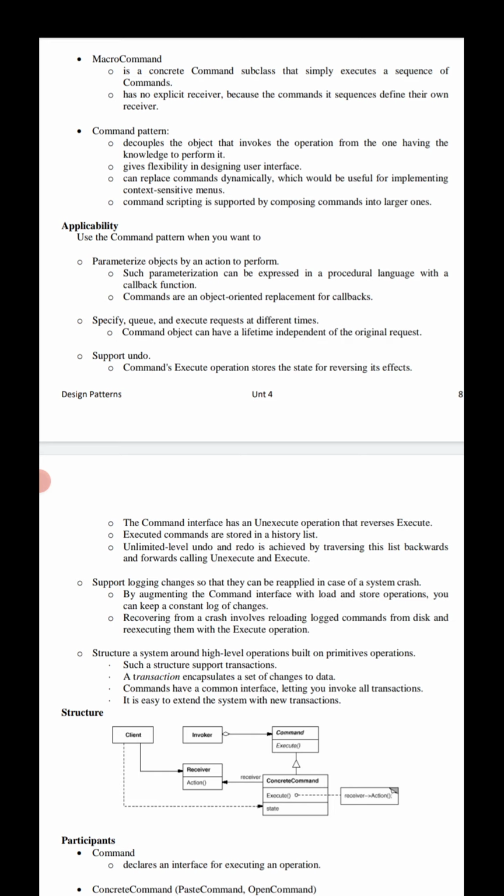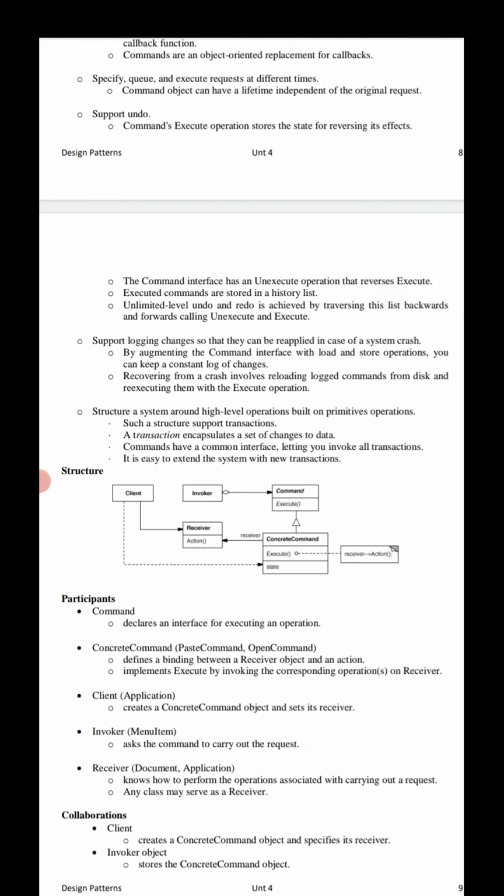The last applicability: structure a system around high-level operations built on primitive operations. Such a structure is very common in information systems that support transactions. A transaction encapsulates a set of changes to data.